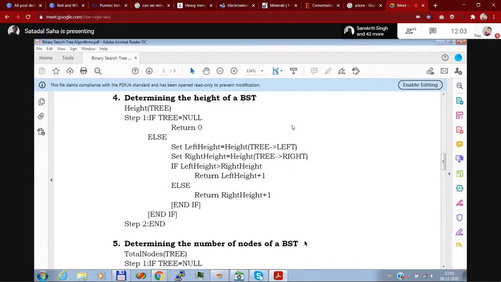Problem number 1 is T(n) = 3 T(n/2) + n square. Okay, so whenever you get any equation, see whether it is in the required form or not. Identify what is a, what is b, what is k, what is p. In this case, a equals 3, b equals 2, k equals 2, because k is the power of n, and p we don't have anything, therefore p equals 0.